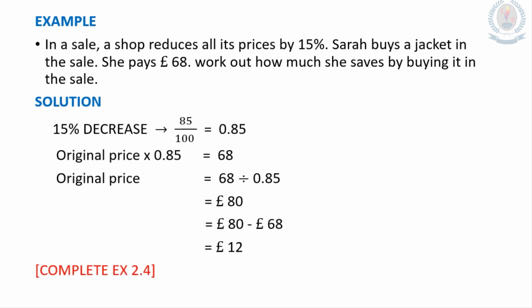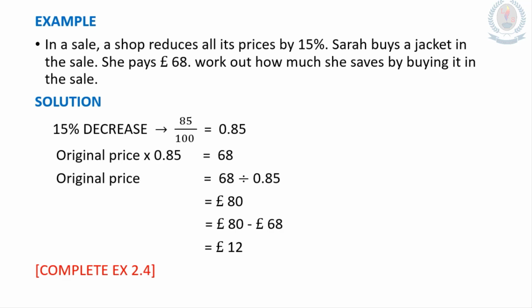Here you can see 15% reduce. It means decrease, depreciation. What do we have to do first? 100 minus 15 is 85, so 85%. We can write it as a fraction, 85 over 100. In decimal form, we can write it as 0.85. That earlier equation you can use here also, because you have to find the original price, the price before the reduction. What is the equation? Original price multiplied by the multiplying factor 0.85.